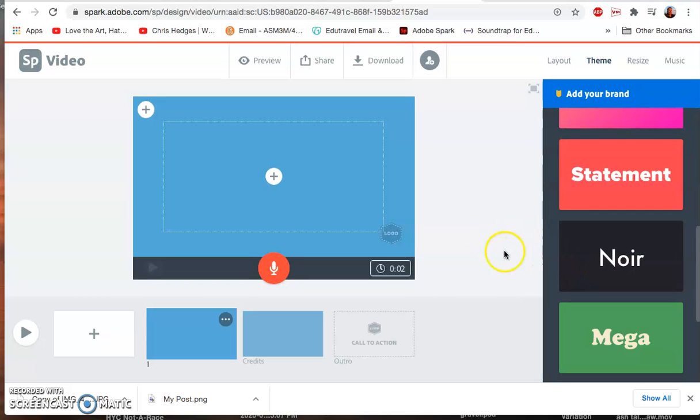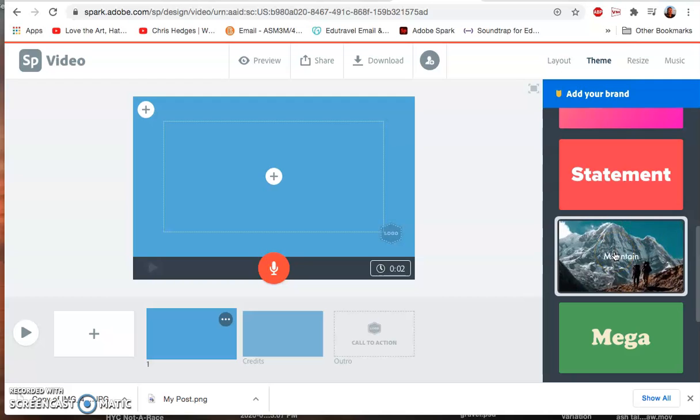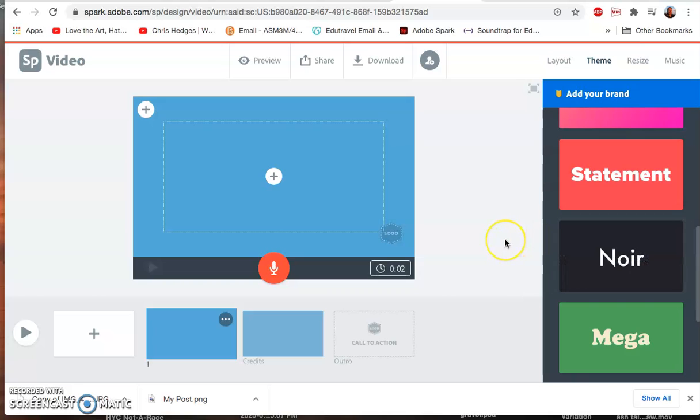Let's scroll through here and take a look at Noir, and I want you to see what happens when I scroll over it. If you'll notice, the picture of the mountain in the background does a slow zoom in. That is called a Ken Burns effect. And if I really want the integrity of my photos to be maintained in my photo slideshow, so if this is for the purpose of showing students photographic composition, or if this is for students to present a work in which